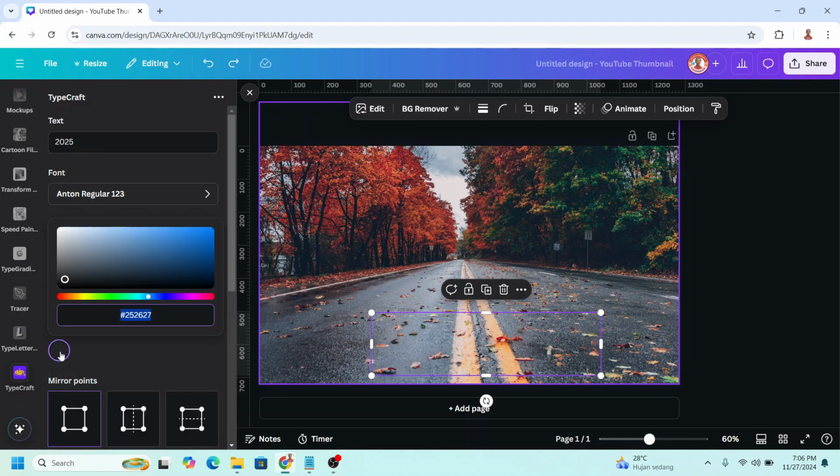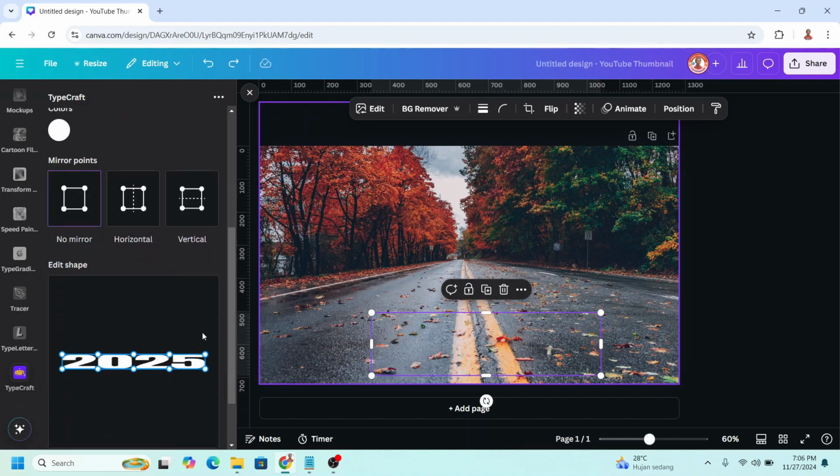I will change the color to white. Scroll down and then I will click horizontal. I will increase the height like this and then click no mirror. I will move it to the same height and I will move it to the center, and also this one, and then click horizontal and drag it to the center like this,